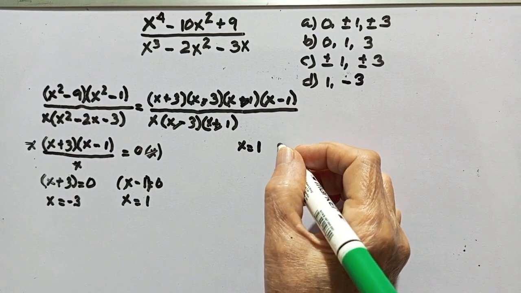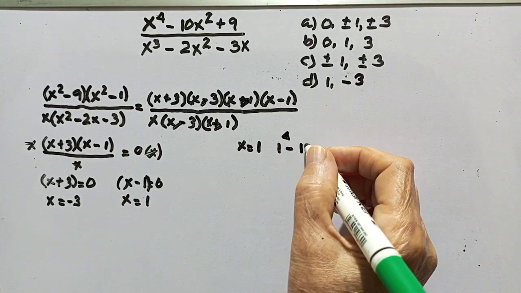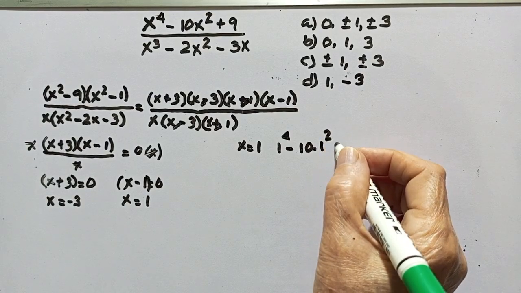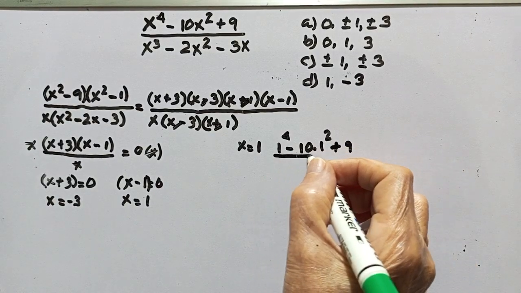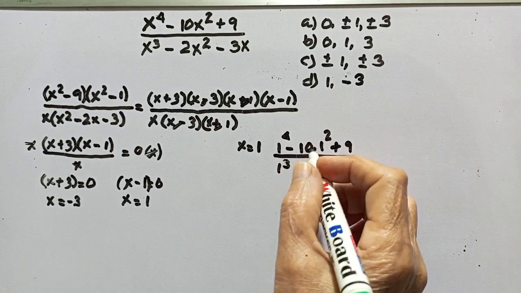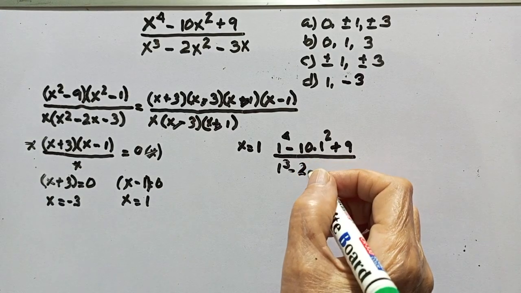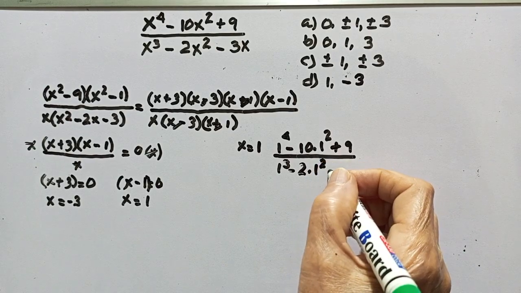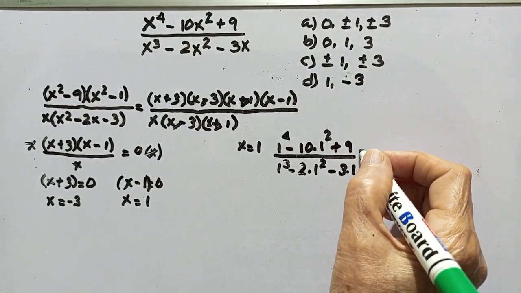So we have 1 to the 4th minus 10 times 1 squared plus 9 over 1 cubed minus 2 times 1 squared minus 3 times 1. This is equal to